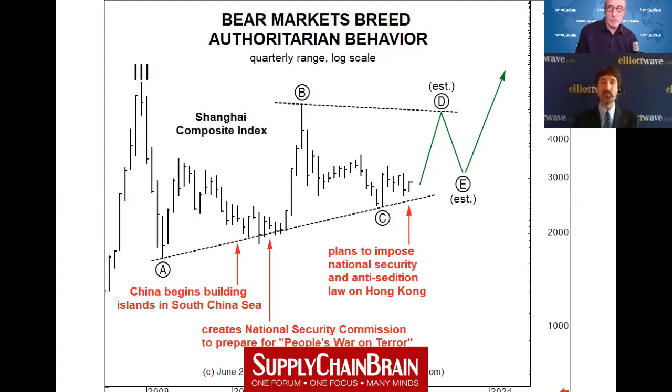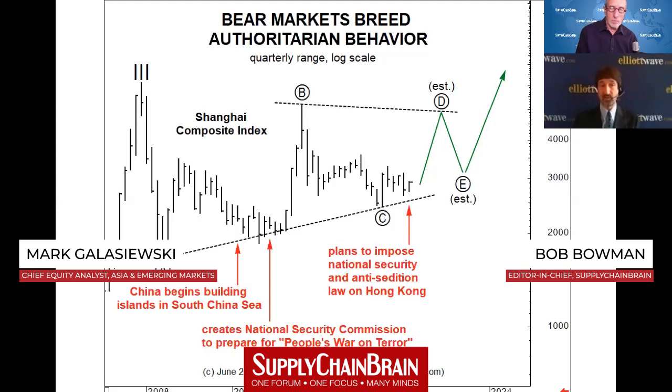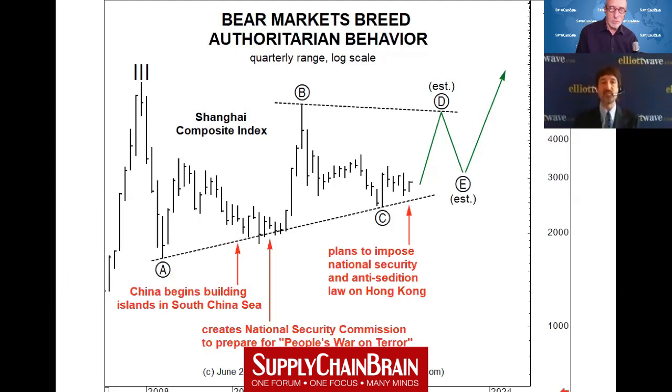Okay, right, yeah. So China has really accelerated its aggressive behavior, authoritarian behavior, since the 2007 high in the Shanghai Composite. What we're calling here a secular bear market, or what we're labeling on the chart is a continuing contracting triangle under development. And some of the more visible or memorable expressions of that authoritarian trend, you can see in the red text and the red arrows on the chart. For example, in 2012, I believe it was May that year, China began building islands in